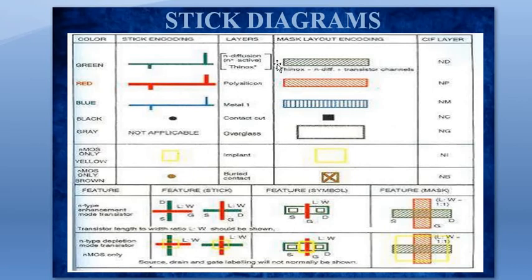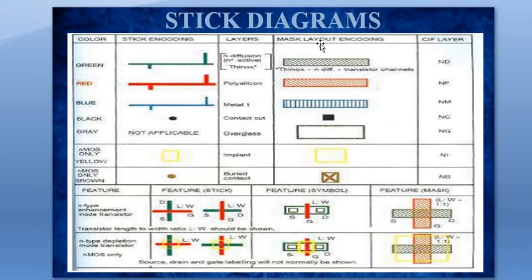P and N diffusion show the right slanting lines, with the brown color for P diffusion and green color for N diffusion. When you are going for the polysilicon, red color line, we will have left slanting lines. These are equally spaced, and this is for your polysilicon. Metal shows straight lines. Contact cut shows a black dot here. In stick diagrams, you will be using a black square over here. And for implant, obviously a yellow box will be shown.